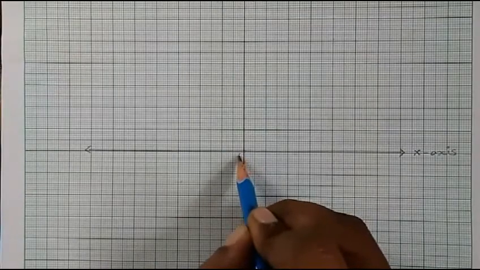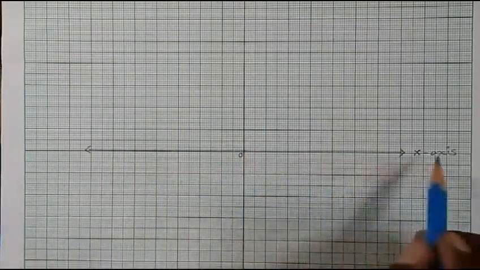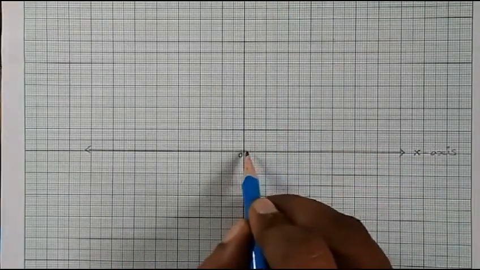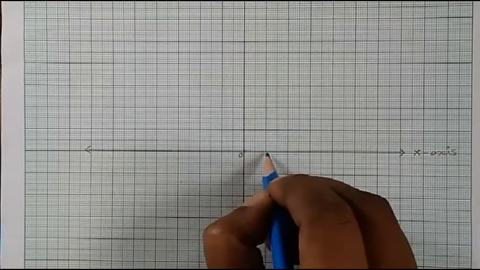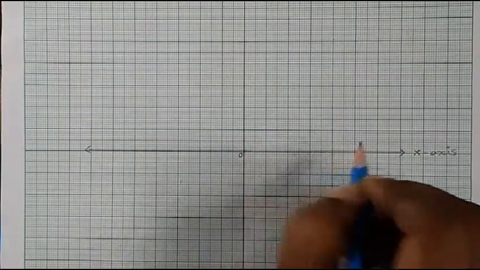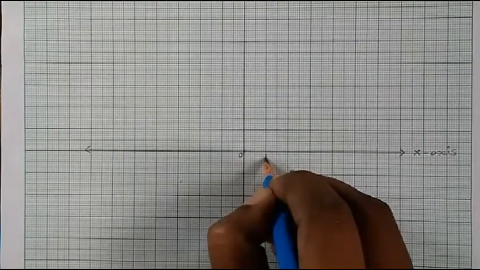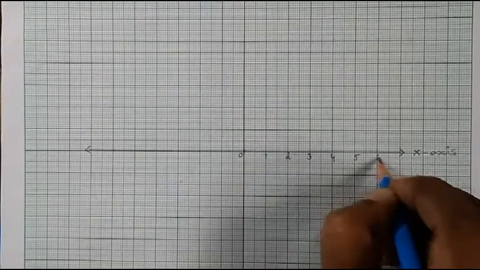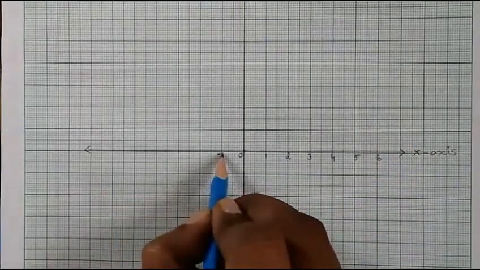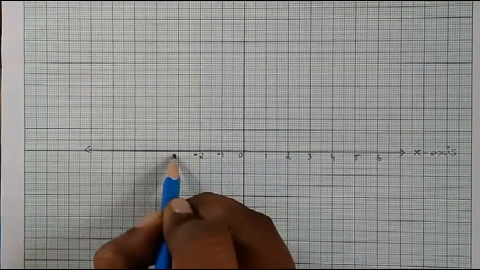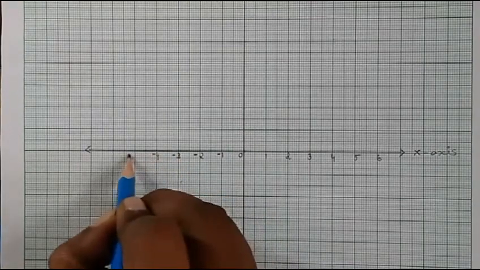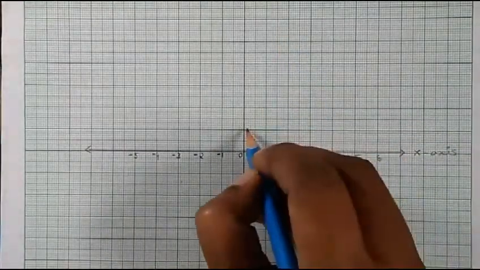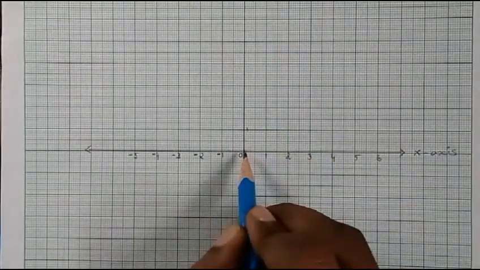So this is the origin, meaning 0. For x it also starts from 0, and for y it also starts from 0. So towards the right direction, we take 1 centimeter, 2 centimeter, 3 centimeter. Okay, we take the unit as 1, 2, 3, 4, 5, 6. And towards this direction, it will be -1, -2, -3, -4, -5. And towards the up, it is positive. So 1 should be an equal distance.